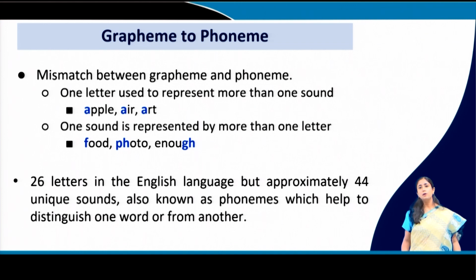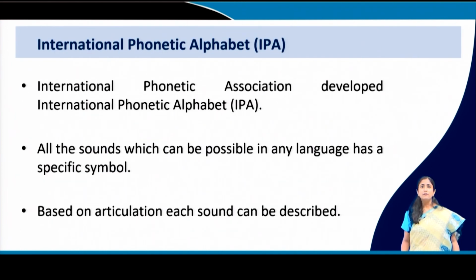So, when we see this problem across languages and across scripts, we have a solution for that. When we are talking about written languages, we talk about this problem, but there are also various other languages which do not even have their own script. Either these languages are not represented in a written form, or they borrow scripts from other languages to be written. In both cases, we do not see exact graphemes representing the sound systems of those languages.